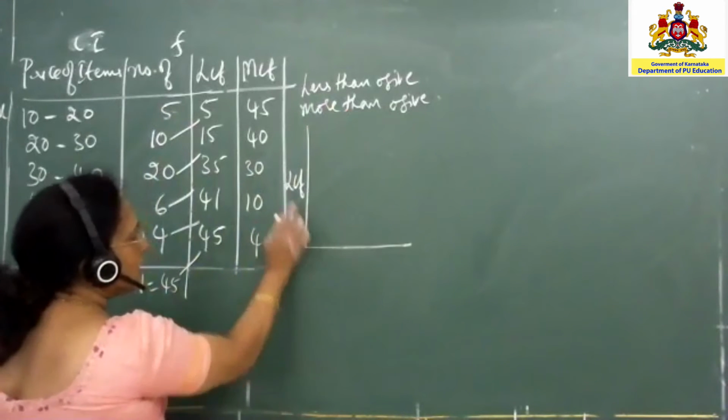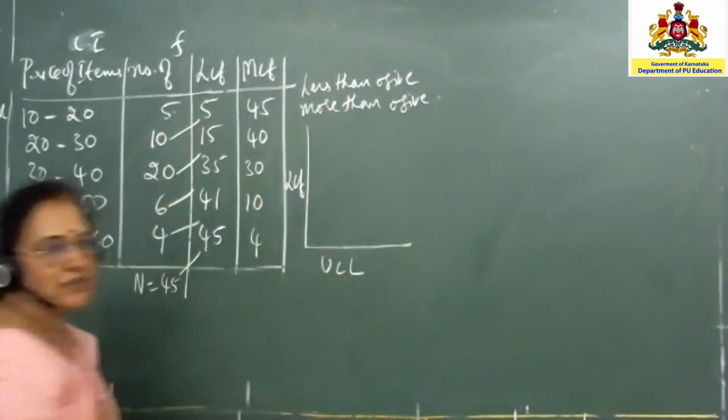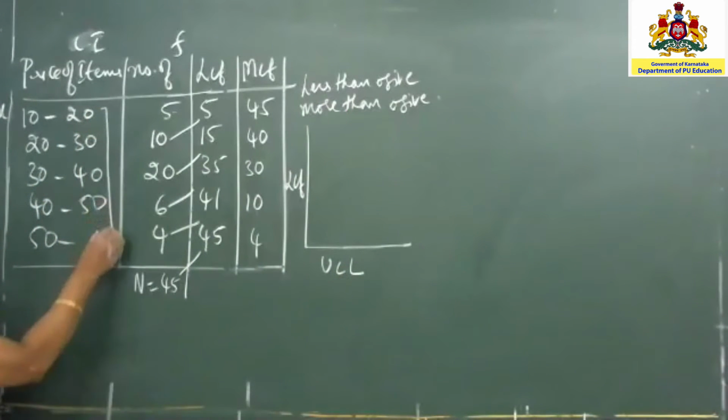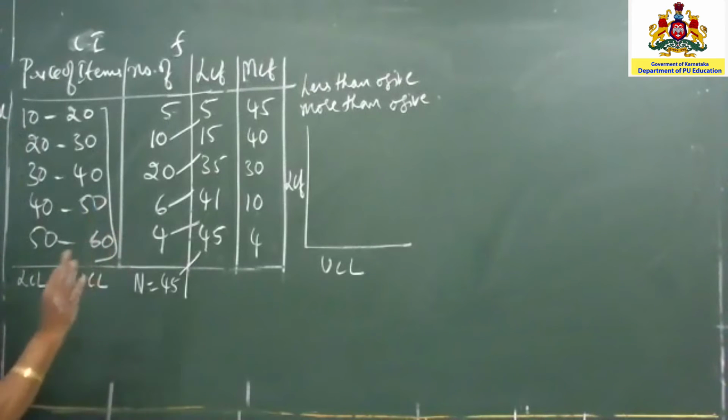Now here, L means lower, so it is opposite, UCL values. That means you will be using the upper class limit. Now these are all upper class limits. On the right hand side, these are all UCL values. Left hand side values, now they are all lower class limits. They are called LCL values. So you will be taking now only one set of class limits.